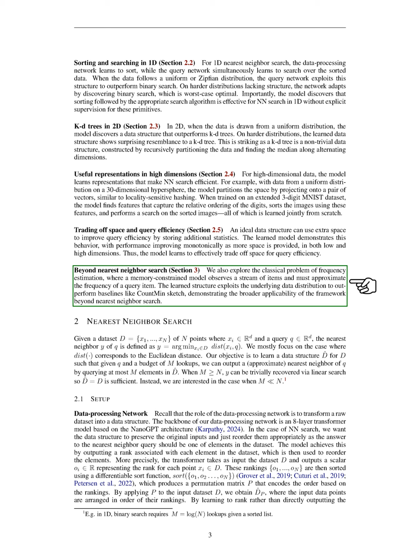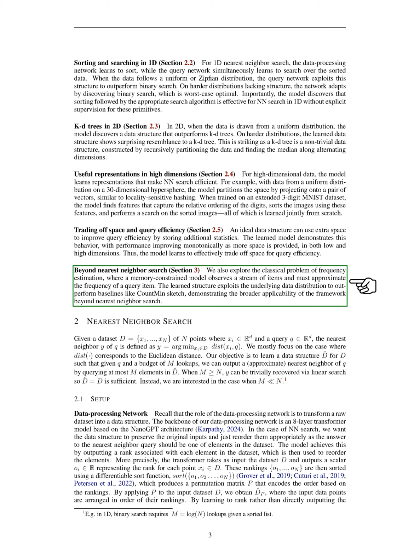In terms of nearest neighbor search, we define our dataset as a collection of points, and the nearest neighbor of a query is the point that has the smallest distance to it. We primarily focus on the case where this distance is the Euclidean distance. Our goal is to create a data structure that allows us to find an approximate nearest neighbor using a limited